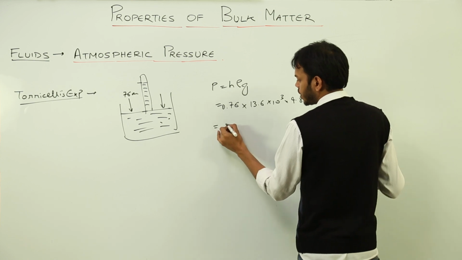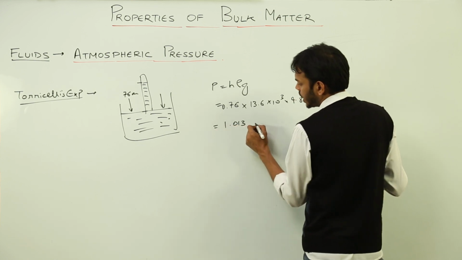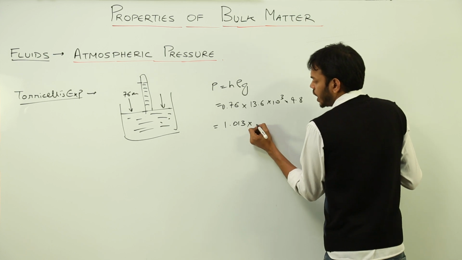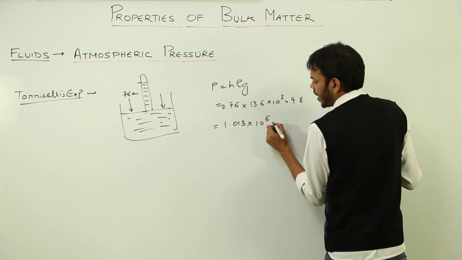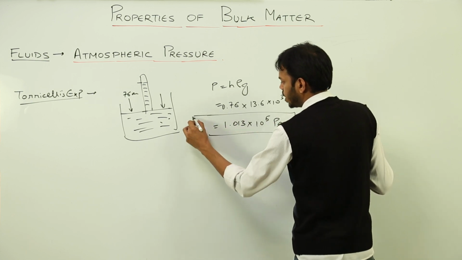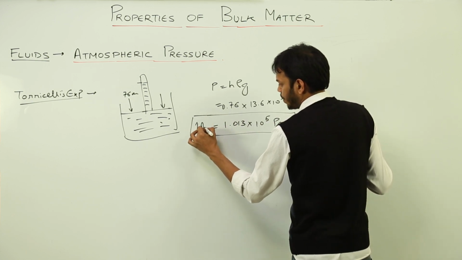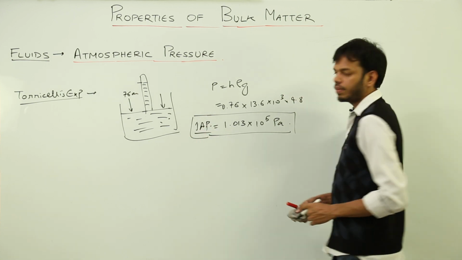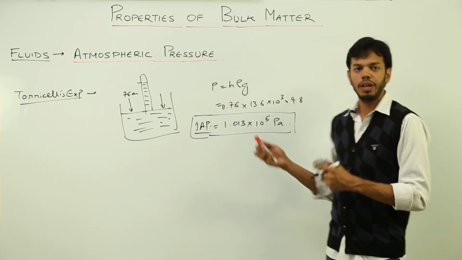This gives us 1.013 into 10 raised to power 5 pascals. This value is called 1 atmospheric pressure, or simply about 1 into 10 raised to power